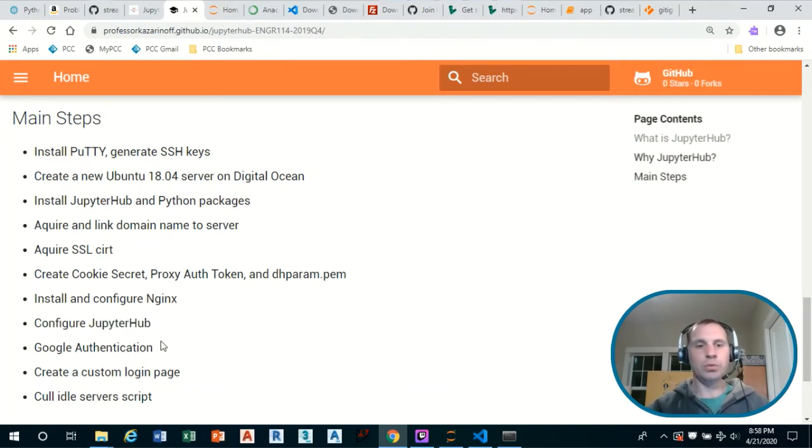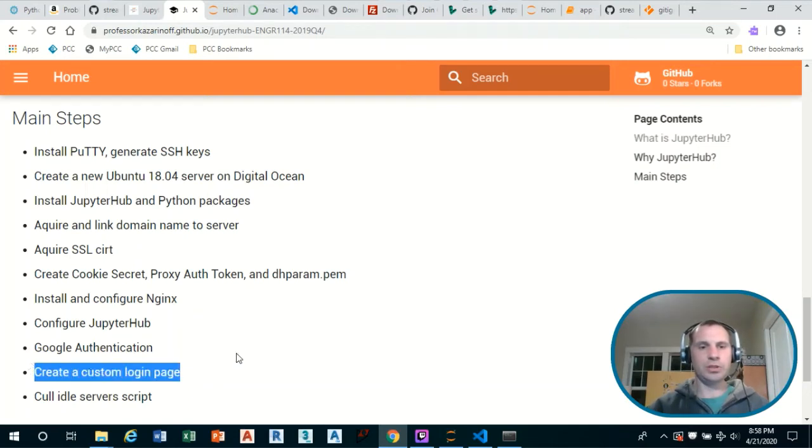And I think we'll run over both GitHub authorization as well as Google authorization. So first we'll make it so that users will be able to use GitHub usernames and passwords to log in, and then we'll build in the functionality to allow Google usernames and passwords to log in.